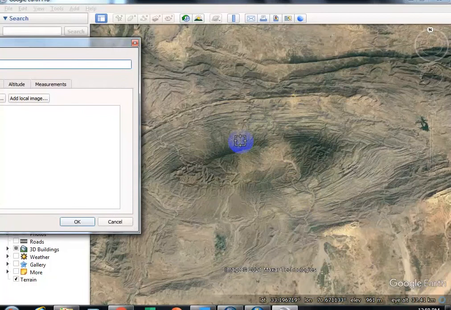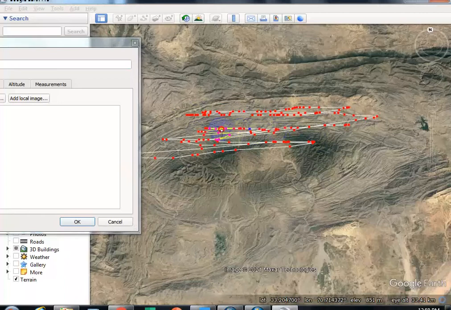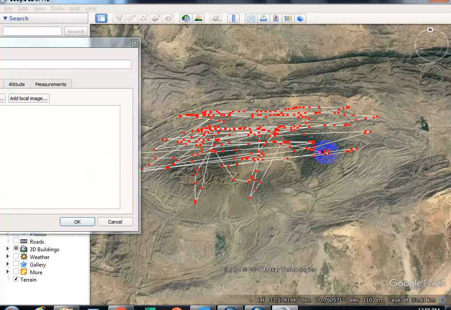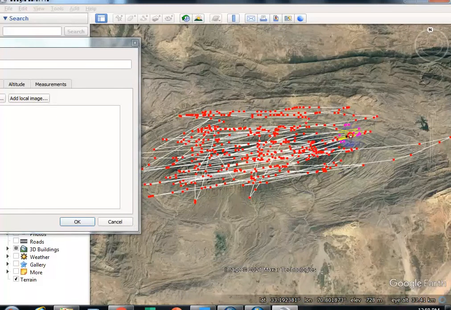Okay, and if you want free digitization, then continuously press the left button of the mouse, so this will make it easy to get more points. Okay, now I'm going to finish.